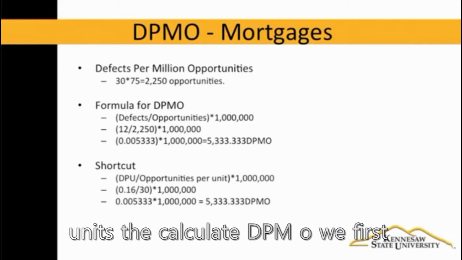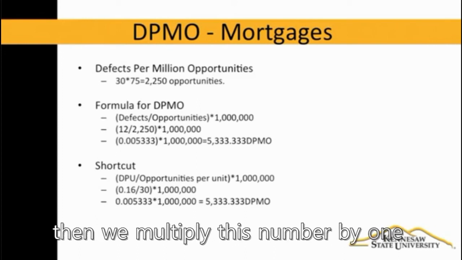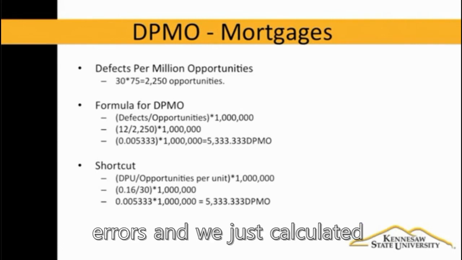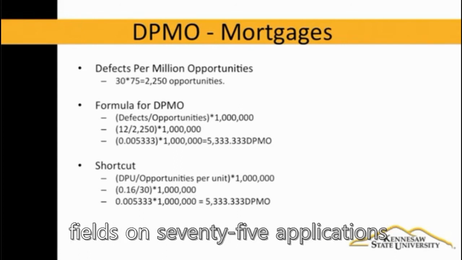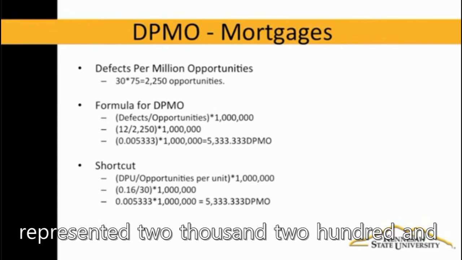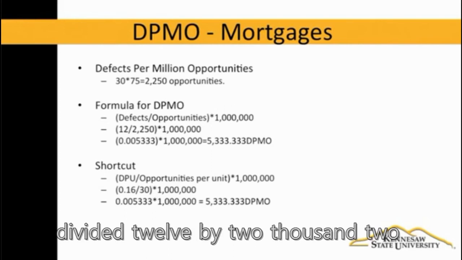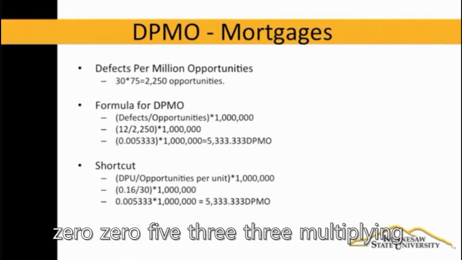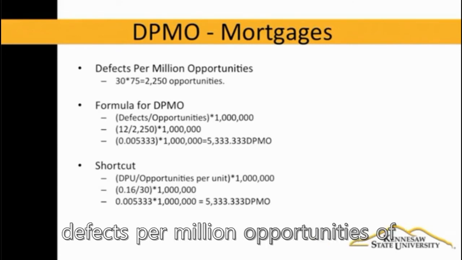To calculate DPMO, we first divide the defects by the opportunities. Then we multiply this number by 1,000,000. In our example, there were 12 errors, and we just calculated opportunities and found that the 30 fields on 75 applications represented 2,250 opportunities for error. Then we divided 12 by 2,250 and we get 0.00533. Multiplying this number by 1,000,000 gives us our defects per million opportunities of